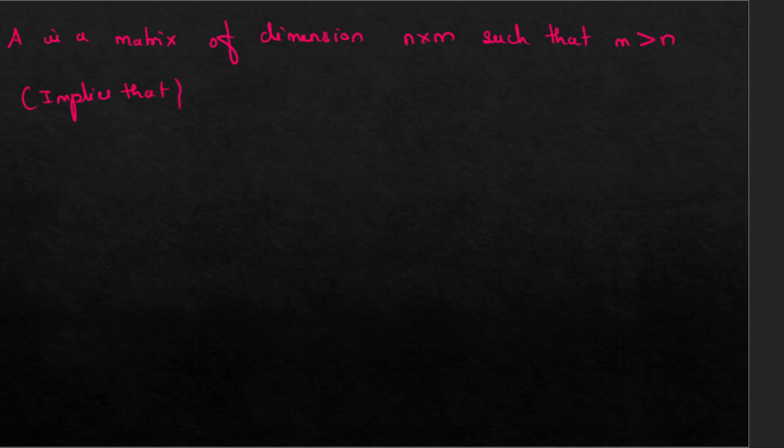Listen carefully. A is a matrix of dimension m cross n such that m is greater than n. This is given to us. Okay, implies that there is at least m minus n free variables,